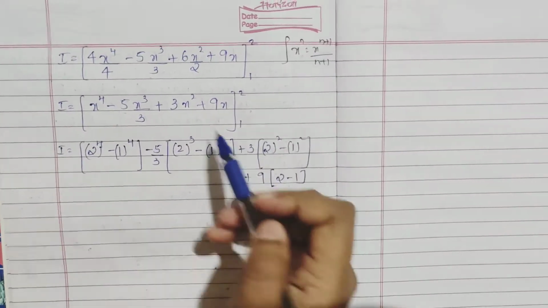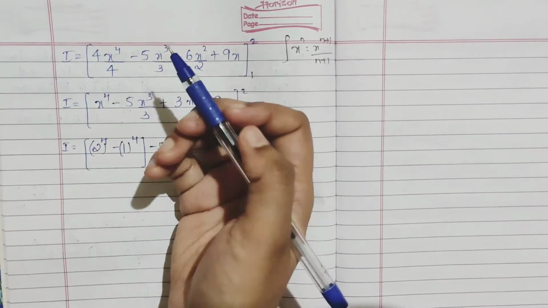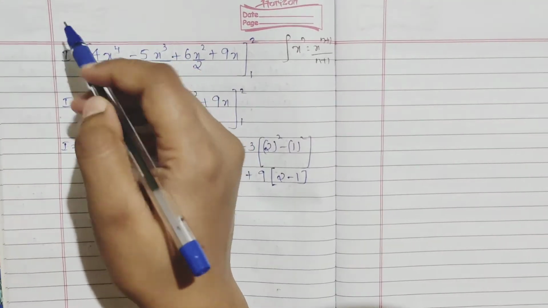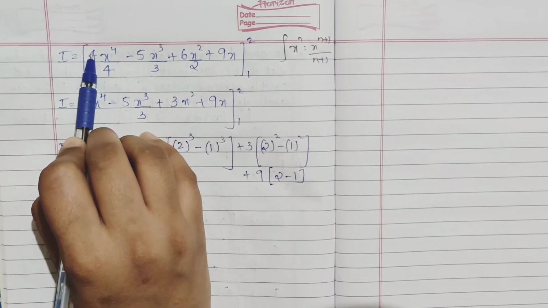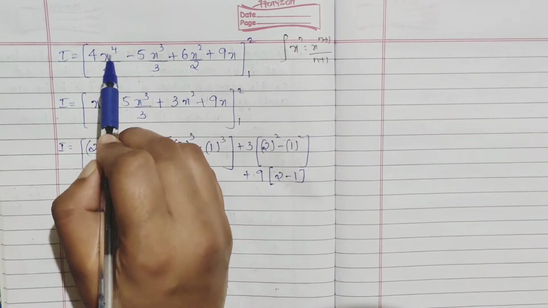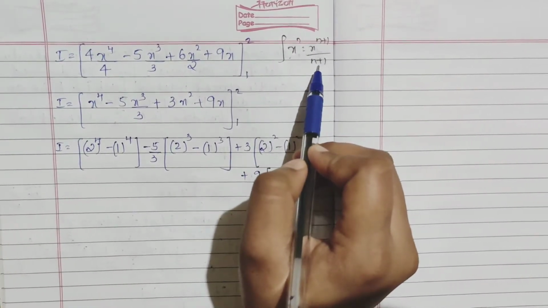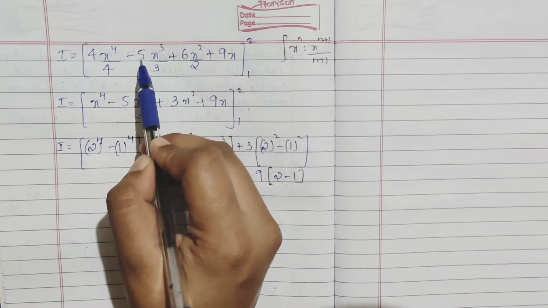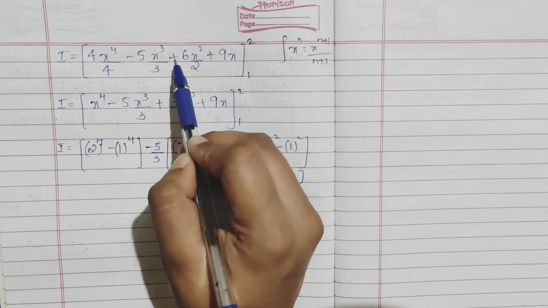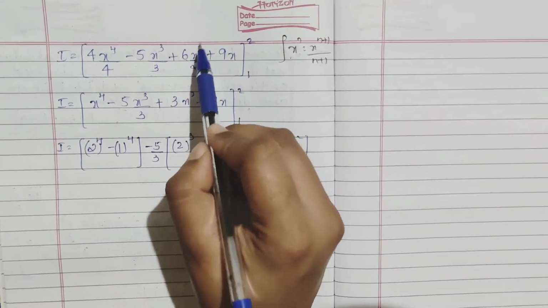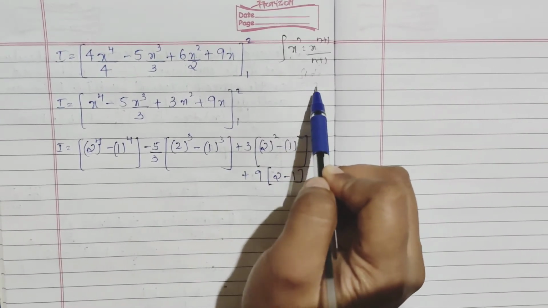When you are integrating, the sign goes automatically, and you can take a bracket. 4 was there, keep your 4 as it is, it was x cube. So x cube integration is x raised to 4 divided by 4. What we are applying is x raised to n integrates to x raised to n plus 1 divided by n plus 1. Minus 5 was there, keep as it is. X square integrates to x cube by 3. Plus 6, x integrates to x square by 2. Plus 9, and 1 with respect to dx is x.